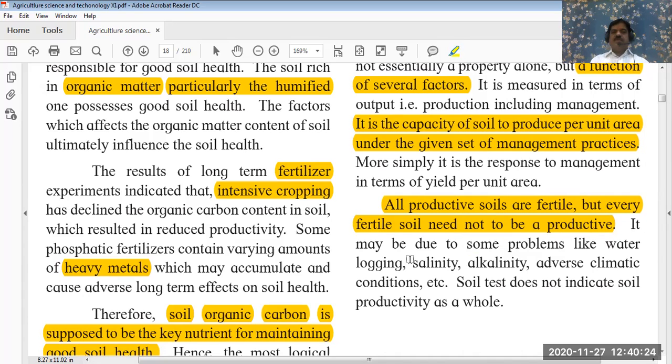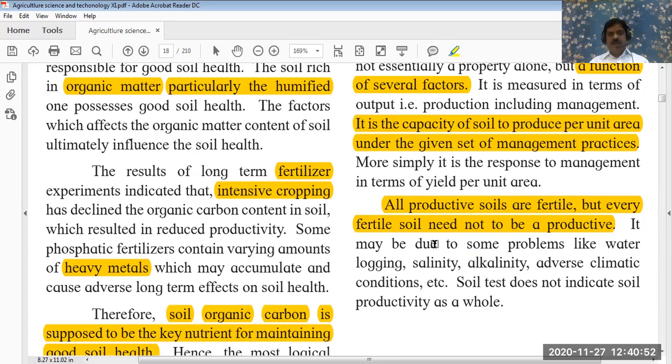But if soil is fertile, it is not necessary that it is productive. Suppose a number of nutrients are available in the soil, but when cultivation and sowing are done, there is no production of crop. Means the soil is fertile, but there is no productivity, because productivity depends upon many things, and soil fertility is one of the factors